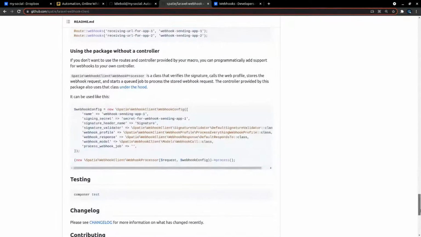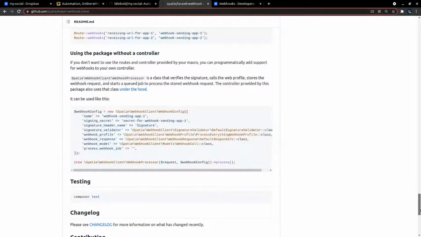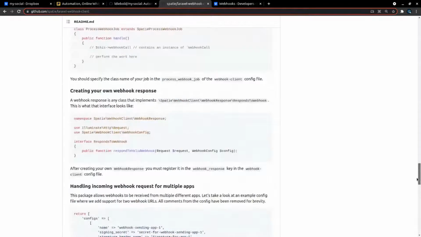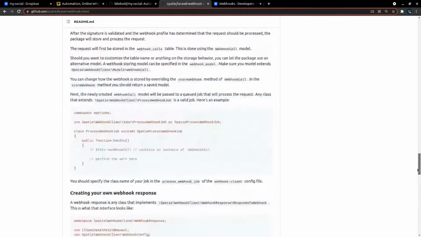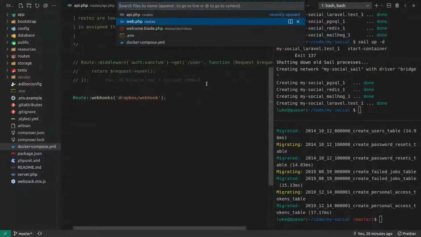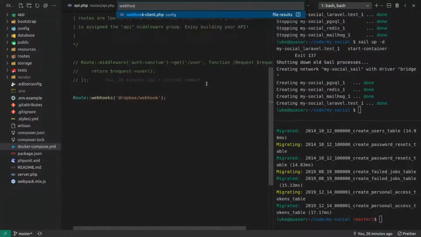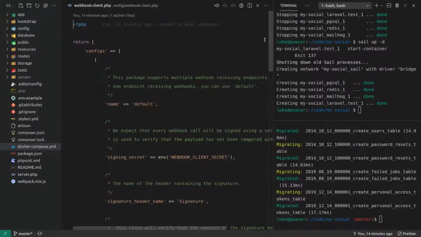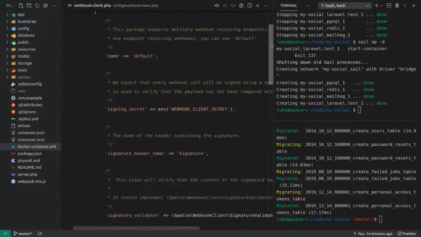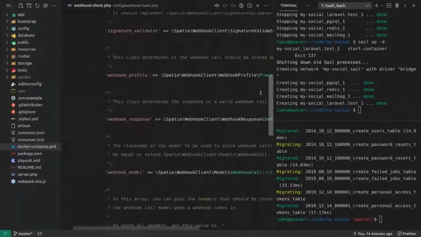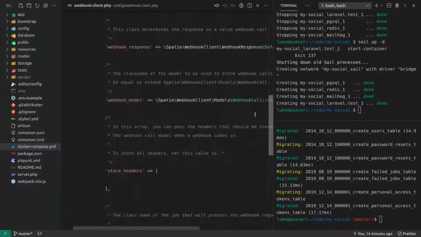Data controller. But now I just want to know, do you just have one handle method then? All right, so let's go here into the webhook client, into the config for that. Signing secret, signature, webhook model.